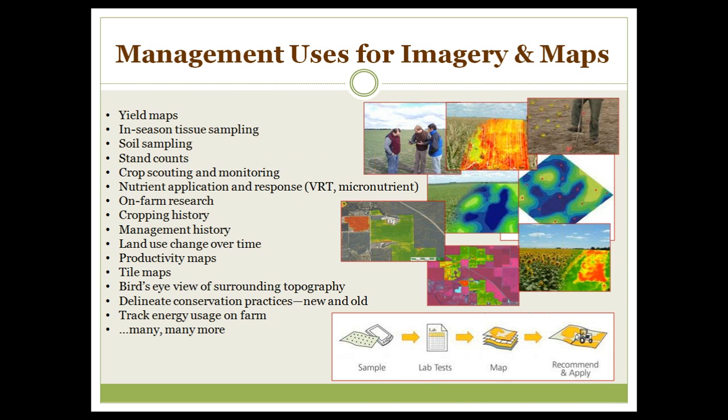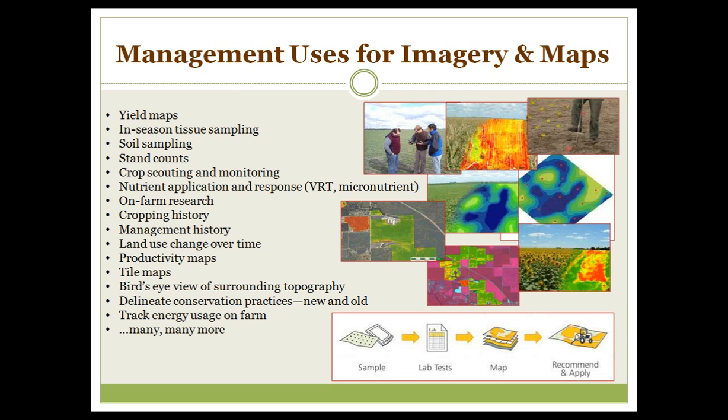Imagery and this management information and maps, they are powerful. There is a map and an image available for just about everything these days. You know, everything from yield maps and in-season tissue sampling, stand counts, soil sampling, crop scouting. We're getting finer resolutions. There's a company now that claims that they can do stand counts from an aerial image that they get, and that's pretty powerful. Saves me a lot of time on the road if I choose to use that. It is not a substitute for going and being in a field with a farmer and getting to know that farm and that field for yourself, but it's nice to be able to look at some imagery over time and see